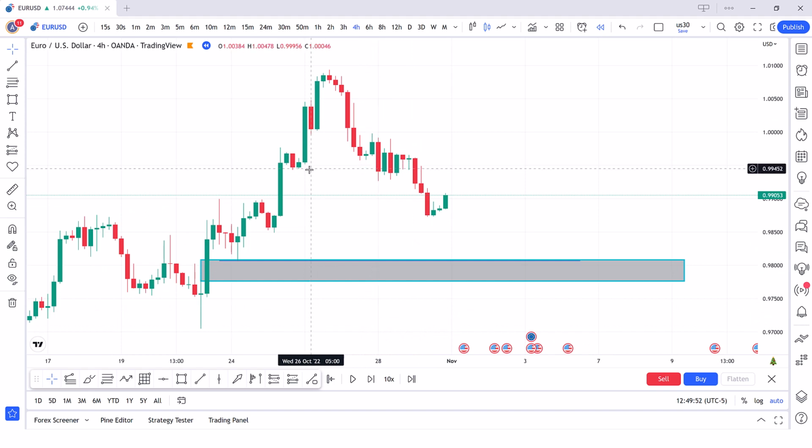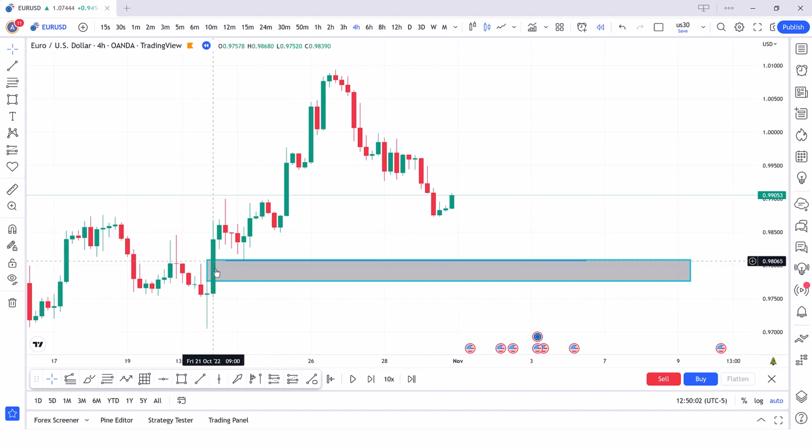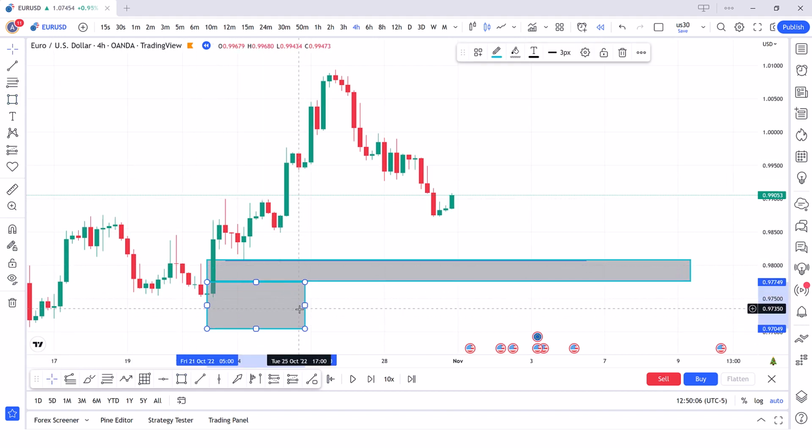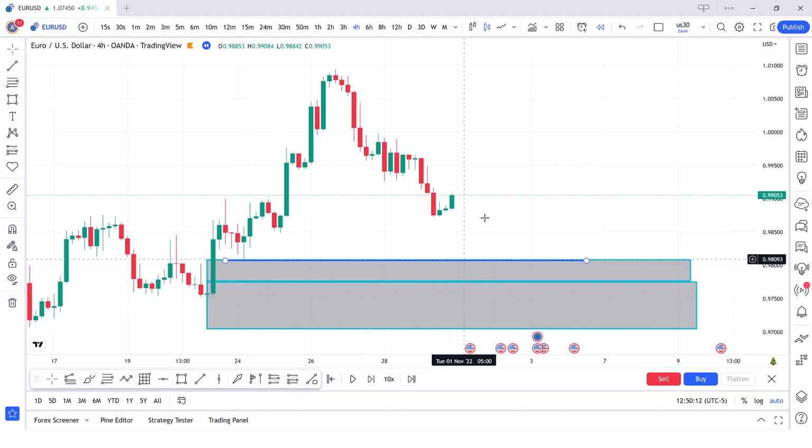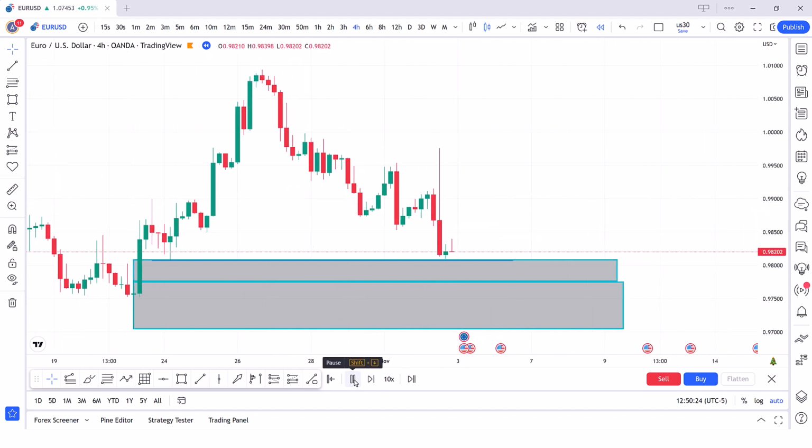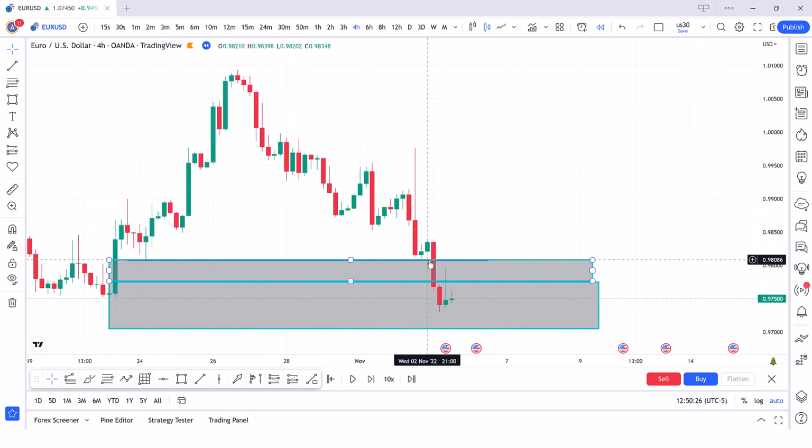We don't have that setup here or here because we don't have a good point of liquidity. It's too far away from this imbalance, but it is near this imbalance and this order block. So this imbalance and this order block is going to be our POI. It doesn't matter which of these POIs is going to work, because we are going to talk about double confirmation as our entry setup. So we wait until it comes and hits one of these POIs.